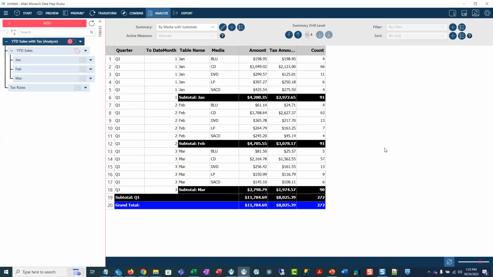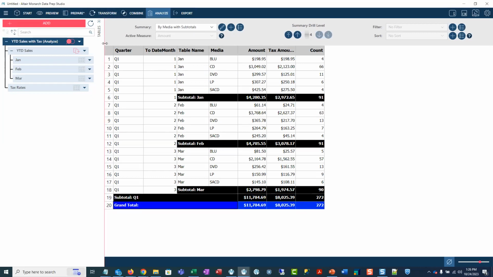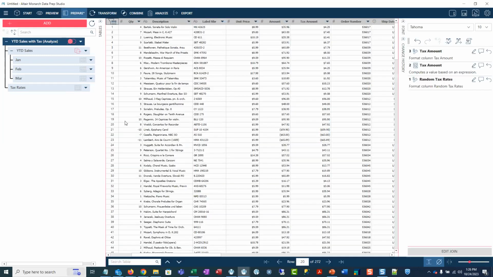you see now I've created a relatively nice looking report that someone can read and consume. They can look at this and say, okay, well, I see the subtotal for January, I see the subtotal for February, I see the subtotal for March, I see the Q1 subtotal, and there's the grand total. Okay, all right. And you could build multiple of these. I could build additional views, but to press forward, if I come back here to the prepare,